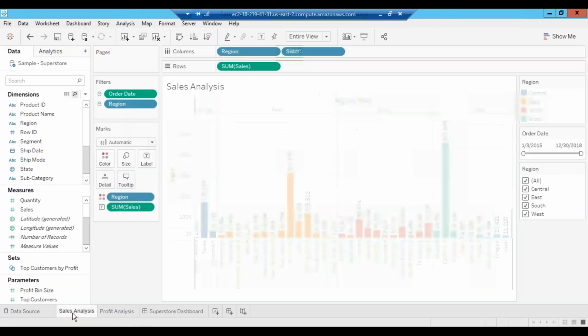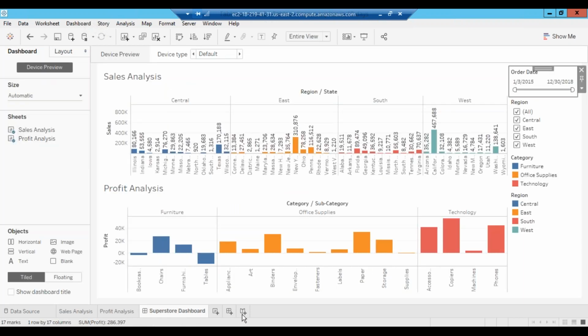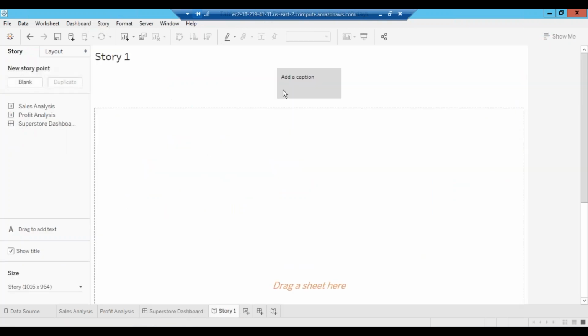This is called sheet 1, sheet 2, and you have to bring them into your dashboard. Then we have something called story. This is something advanced we will see in a coming session, but still you see story, like PowerPoint presentations. PowerPoint presentations are completely static, where we put text and create a presentation. Stories are used for the same purpose, but here we can filter the data.